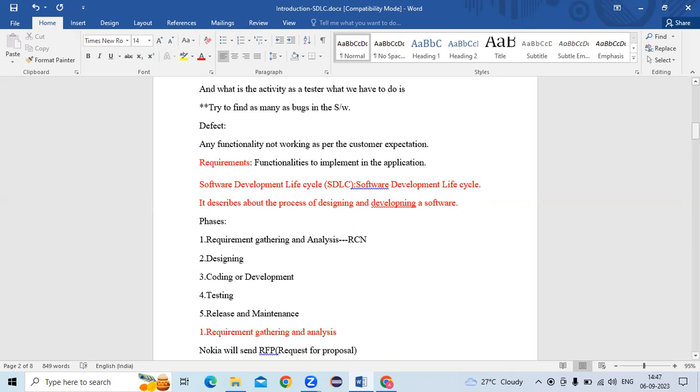Okay. And another one is product. Product means there is no specific customer. The IT company will analyze the market, and based on the market requirements, the company develops one software and releases it into the market. We are going to use it. That kind of software development is called a product. For example, see